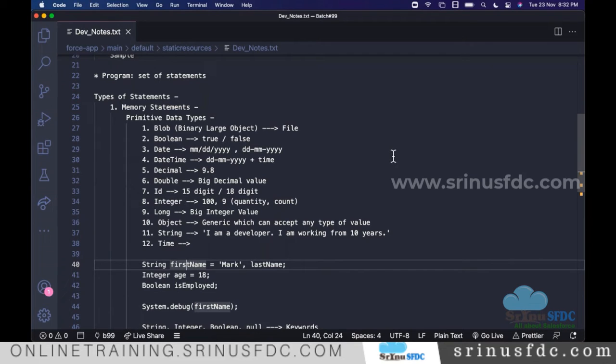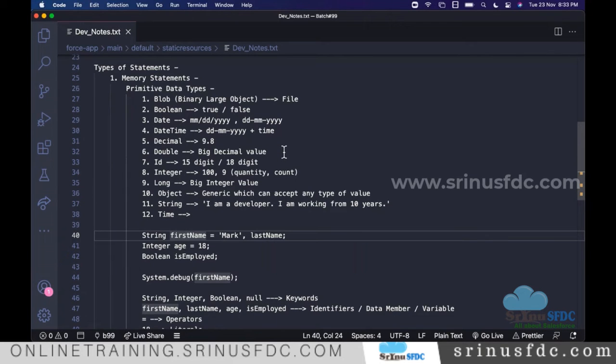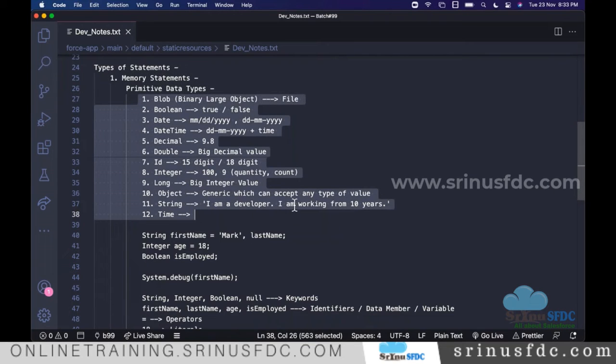While allocating memory, instead of allocating the same kind of memory every time, based on the type of data we deal with, if you mention it, the system will take care of allocating only that much memory, so that memory will be utilized in a proper way. All we need to do is know about the data types available for the Apex programming language. So these are the data types available.